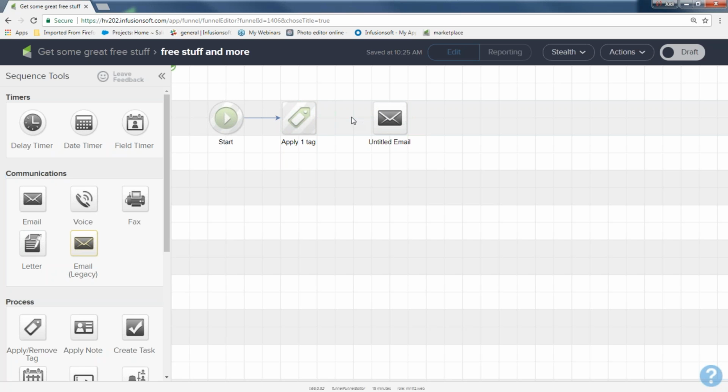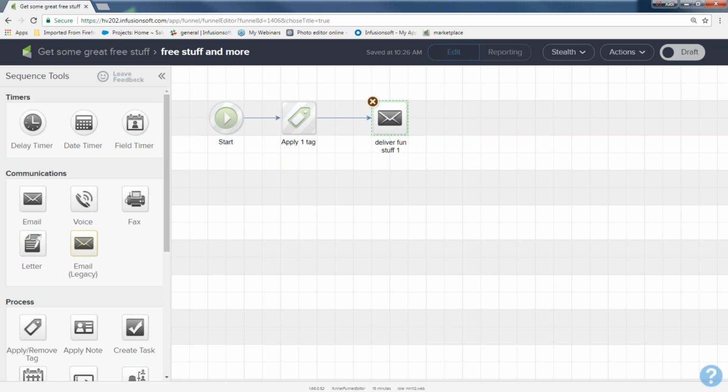Now, if the arrow doesn't appear for some reason, sometimes people say my arrow didn't appear. If it doesn't, go to the icon to the left. The arrow will magically show up, and just move it right into the email. I'm going to double click underneath and change the untitled email to Deliver Fun Stuff